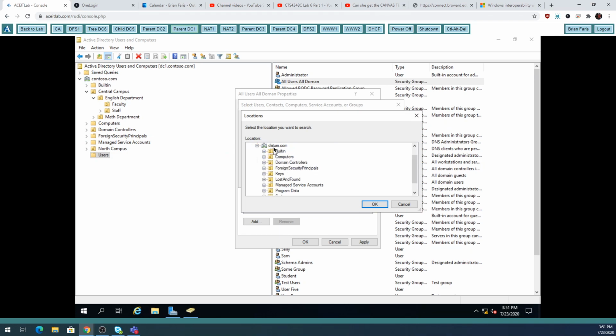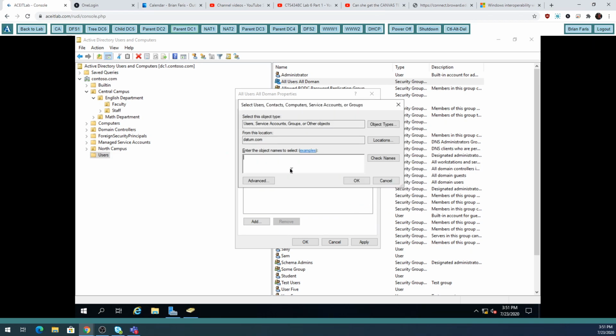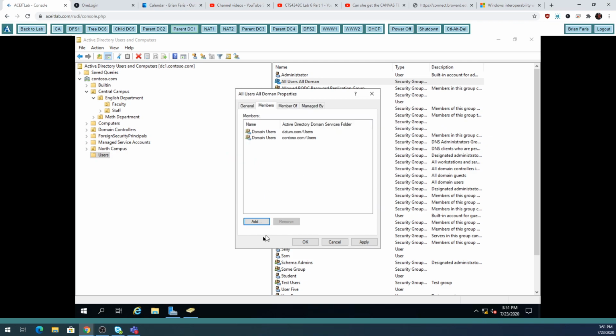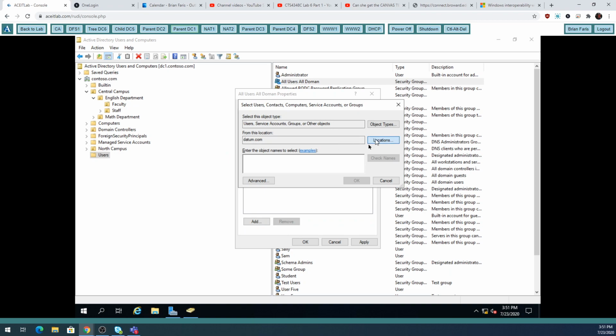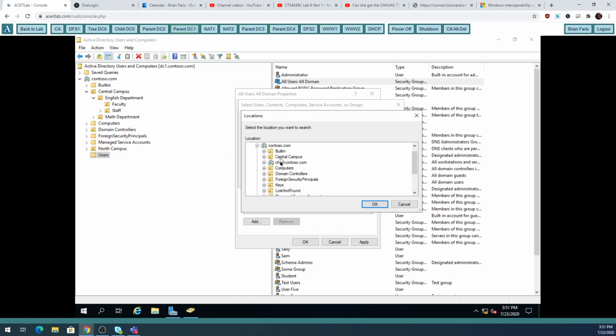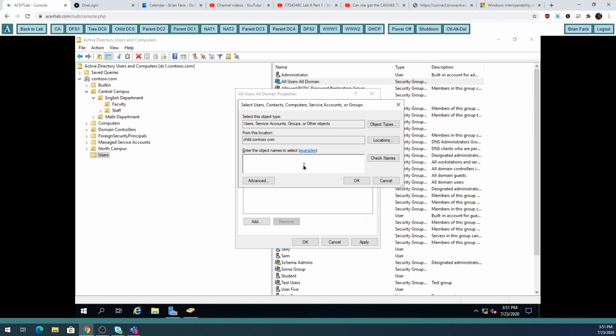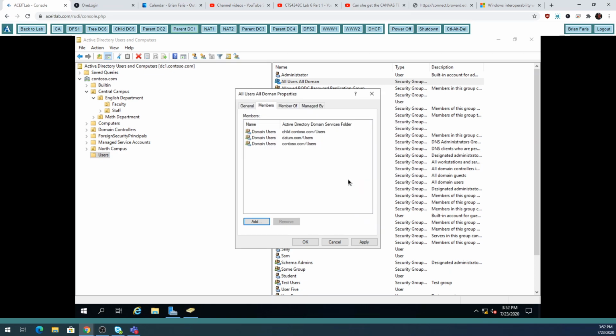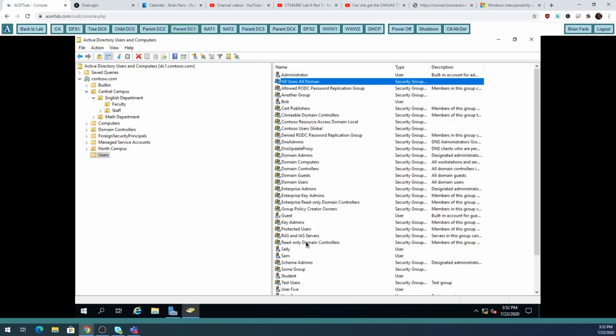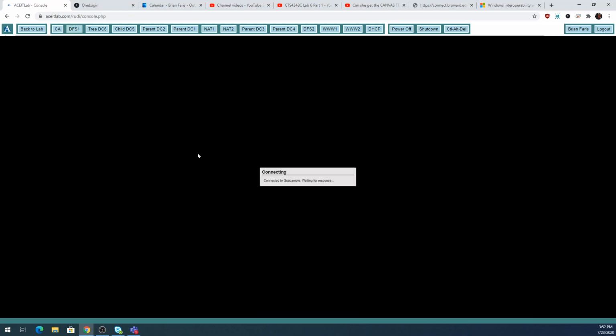I'm going to go to Adatum, domain users from Adatum. Then go to the child domain, domain users from the child domain. So this all users, all domains group covers everyone in the entire forest. So now that I have that group done, I'm going to go over here to,